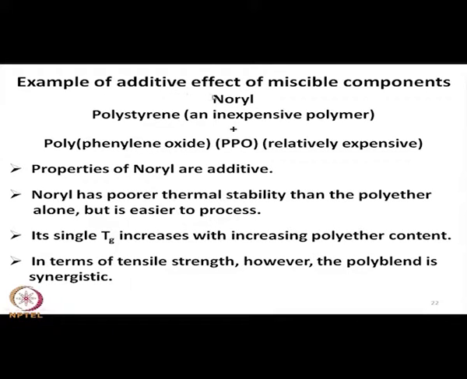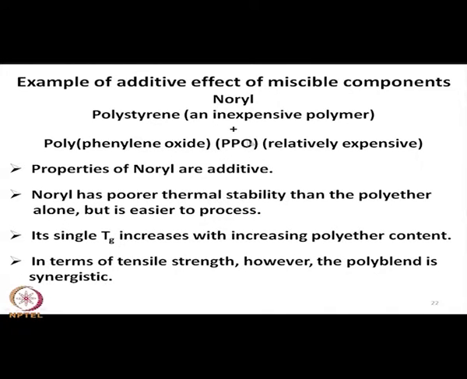Now, an example of such additive effect of miscible components is, say, Noryl. Noryl is a mixture of polystyrene, which is a commodity polymer as well as a cheap polymer. With this cheap polystyrene polymer, polyphenylene oxide, which is a relatively expensive polymer, is blended. Now, polyphenylene oxide